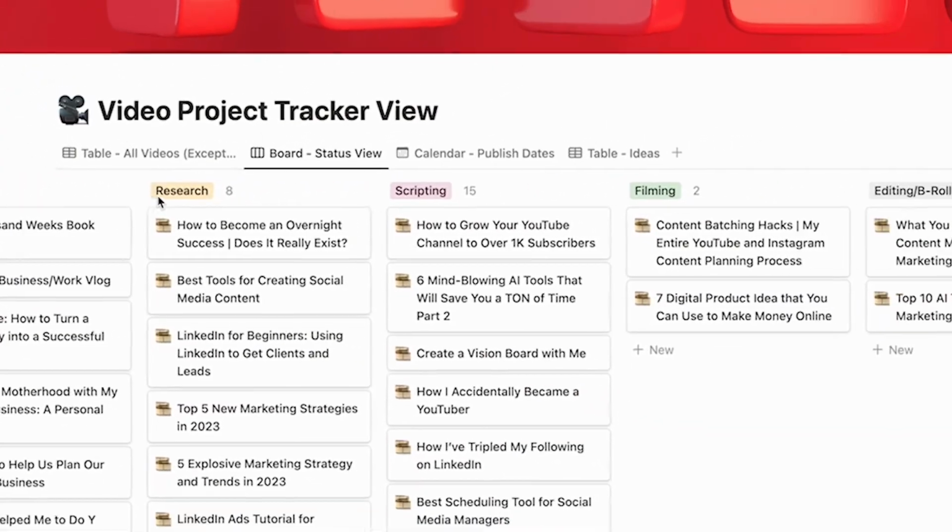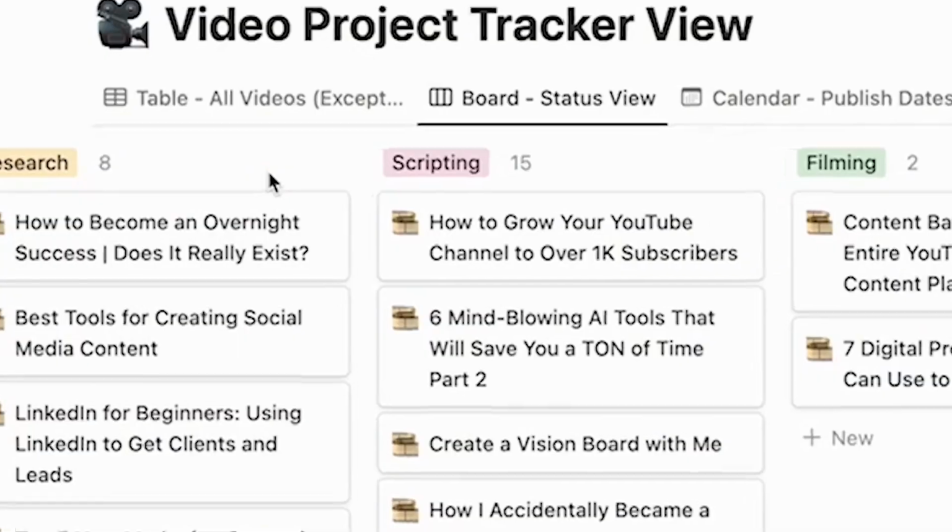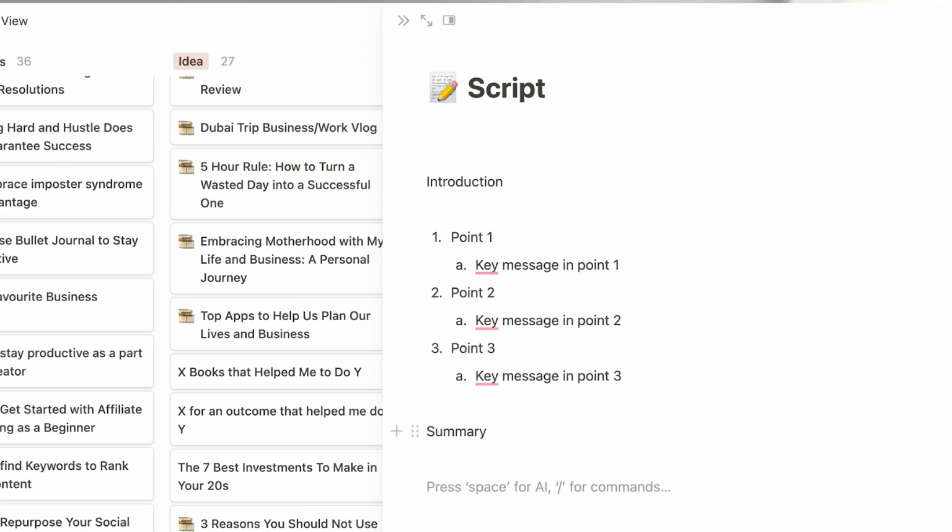And then the second column is called scripting. So at this stage, where maybe I think this idea can maybe take off after doing some research on it, then I move that into the scripting column, where I can then start scripting the videos. So I don't talk word by word in my videos. I find that quite robotic. But what I like about it is that I create an outline of what I want to talk about. So I make sure I stay on track. I don't actually go into a tangent, which happens quite often if you actually talk to me in person. And I want to make sure that I'm covering all the main points I want to talk about in that video